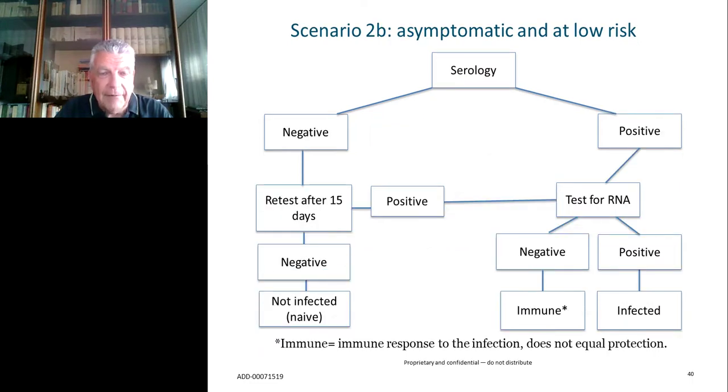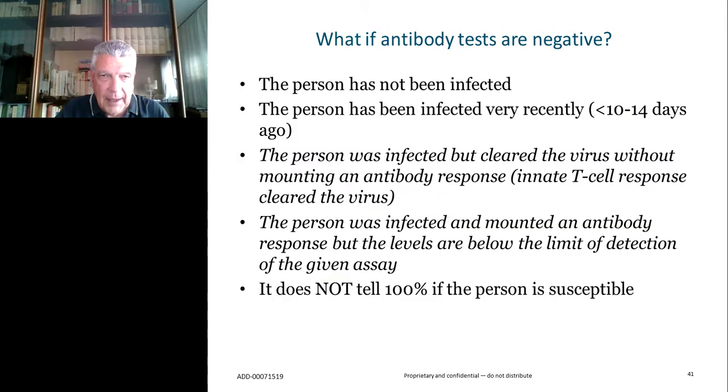If you have a negative and you want to be absolutely sure, just out of precaution, you may retest after a couple of weeks, and if it's still negative, it's a naive. If it comes positive, it could be a window here, and then you may consider testing for RNA. But again, what you do and how you do that depends a lot on the environment, of the eventual recommendation and practices. So this is just something you may discuss with your colleagues and peers.